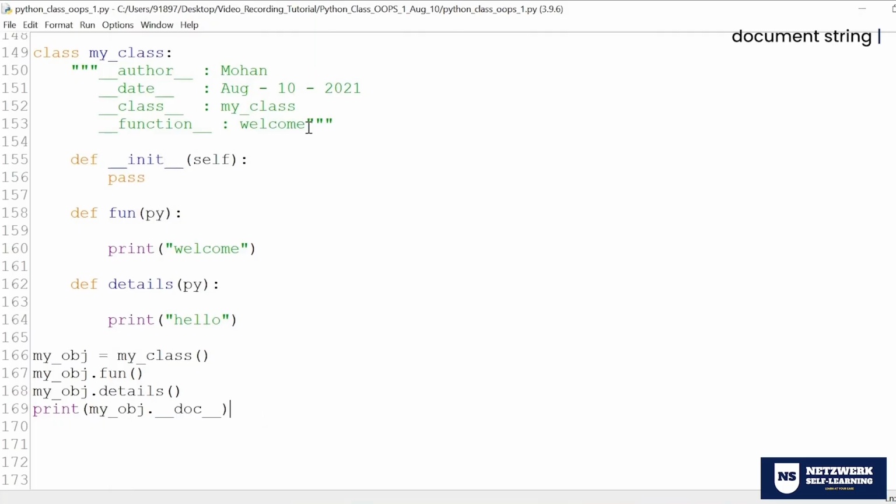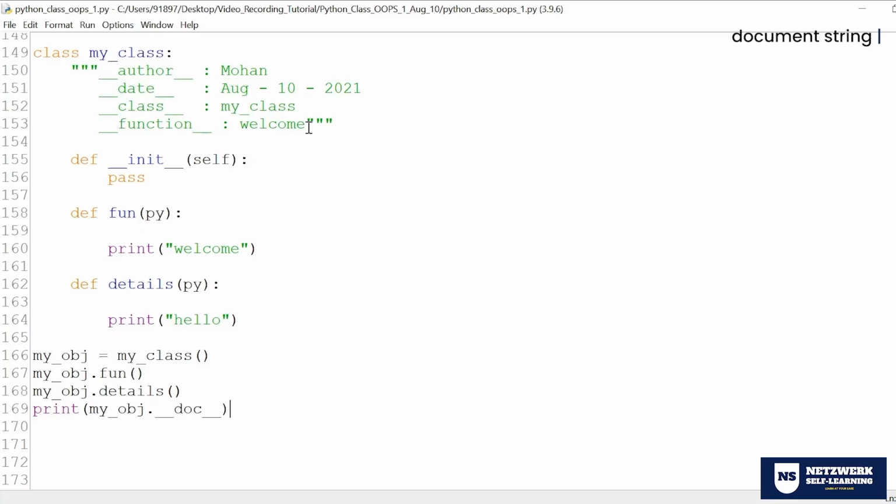You should always have this practice, because imagine you might be writing one program in 2021, and this program might be used by someone else until 2025. You might have left the company by any chance. So when somebody comes and accesses this program, they should know at least the history of it: why this class is defined, what the function is, some detail about the class. That way I always ask people to use this kind of document string. Even in interviews, when they ask you to write a class program, always start with the document string, with proper intention, so that the interviewer will get impressed that this person does everything in a structured way.